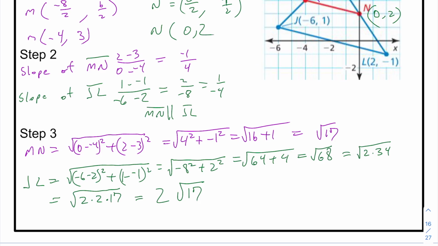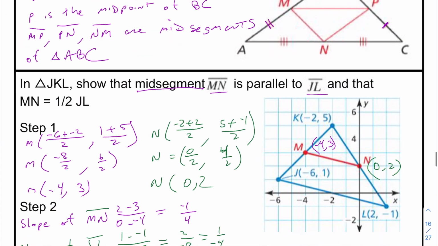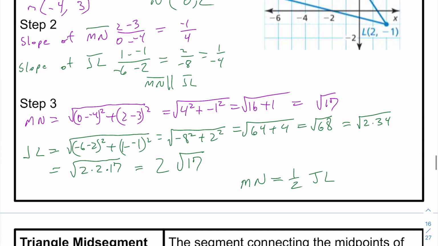2 radical 17 is exactly double radical 17. So MN equals 1/2 of JL, because radical 17 equals 1/2 of 2 times radical 17. So there we've gone and proved it,